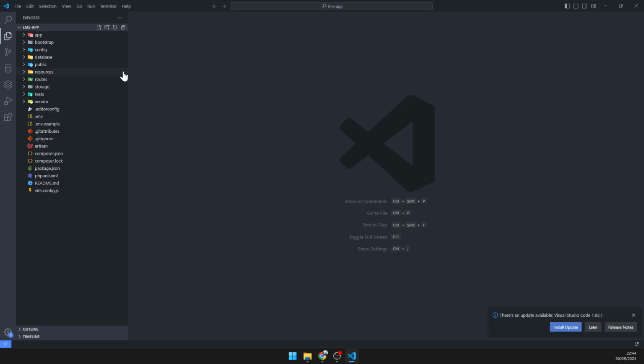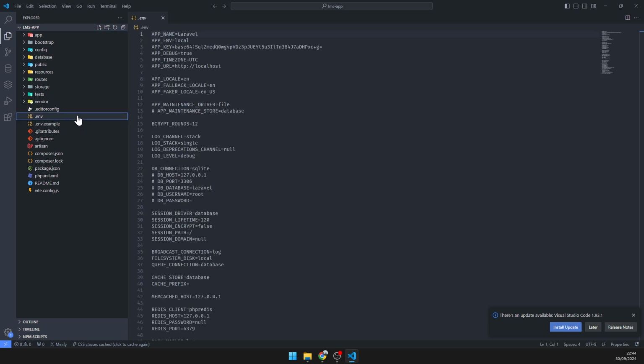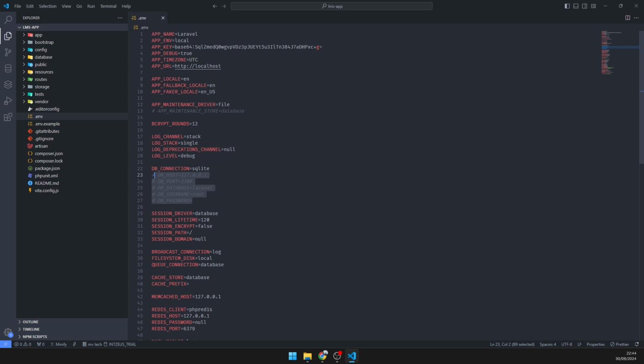If the directory opened successfully, then click the .env file. Next, we want to change the DB connection from SQLite to MySQL. Follow my steps. First, uncomment the DB_HOST, DB_PORT, DB_DATABASE, DB_USERNAME, and DB_PASSWORD.